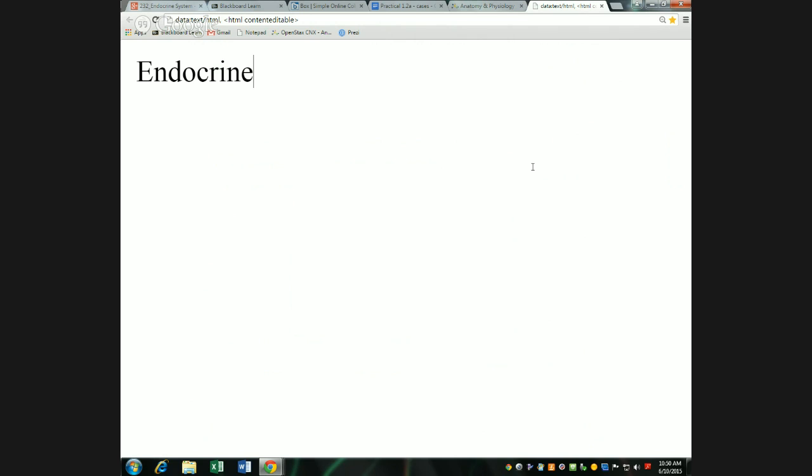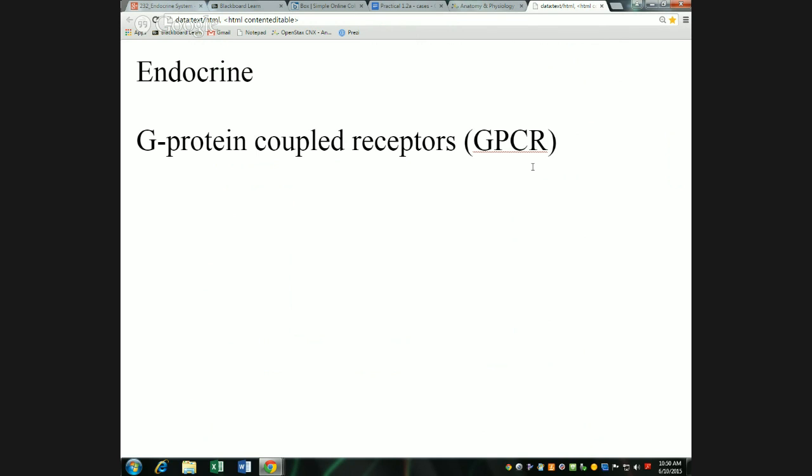Let me just talk about those for a second. So G protein coupled receptors. If you look these up, you'll see the abbreviation GPCR. There are three parts of these receptors. First, there's the receptor protein, which is the thing in the cell membrane that the signaling molecule binds to. And then there's what's called the G protein, which is attached on the intracellular side of the receptor protein, and